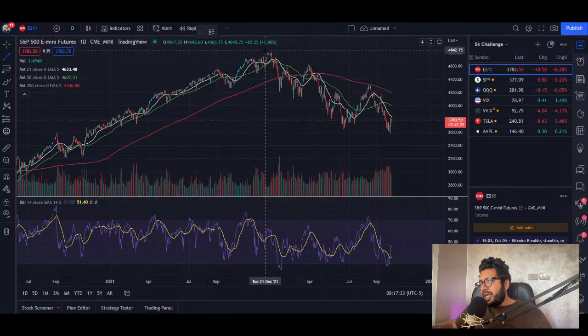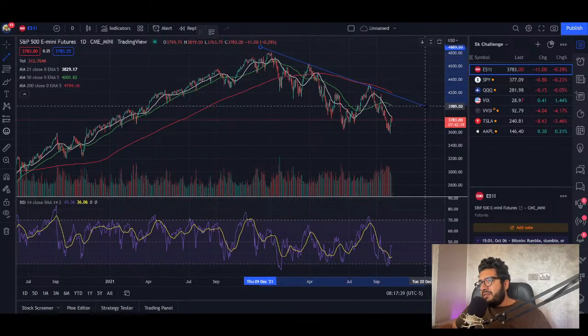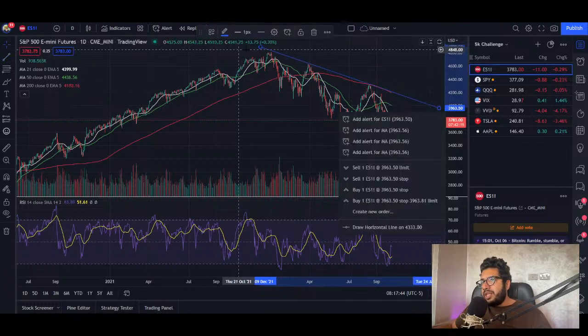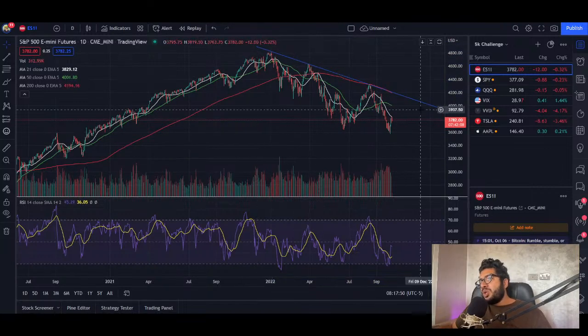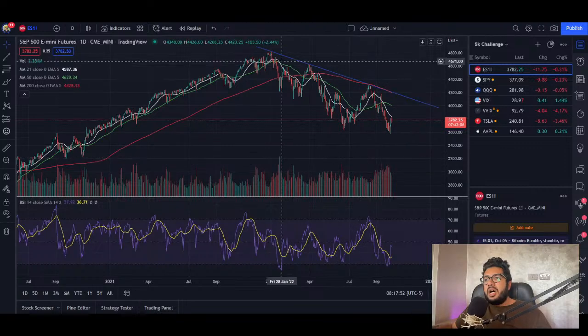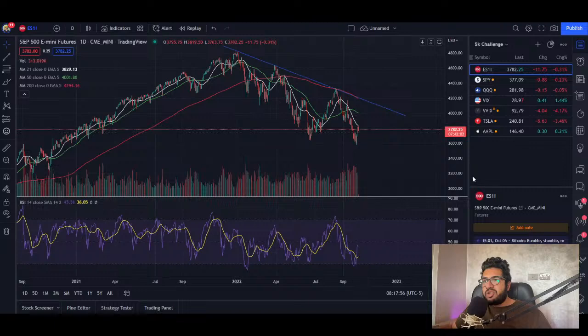So we can very quickly see here that we can easily draw a quick trend line, right? This is a very obvious one. If we draw a trend line here, we can see three very distinct touch points, right? This is a very obvious trend, which shows me very clearly that the SPY futures are in a bearish trajectory, right? We can see the trend line going down,